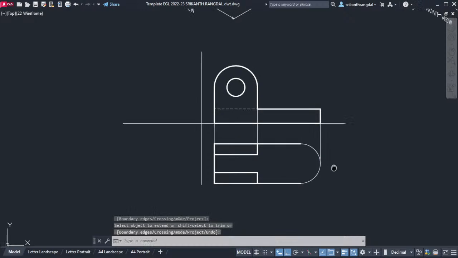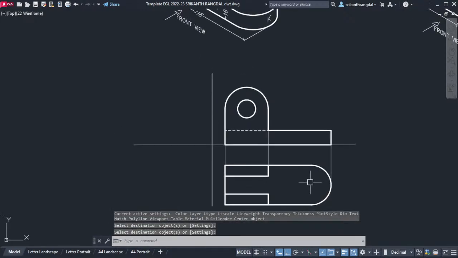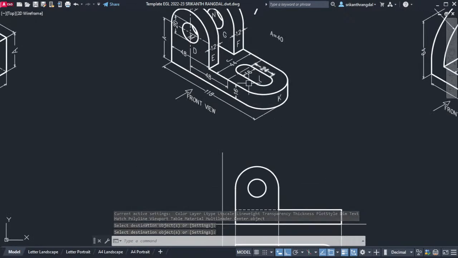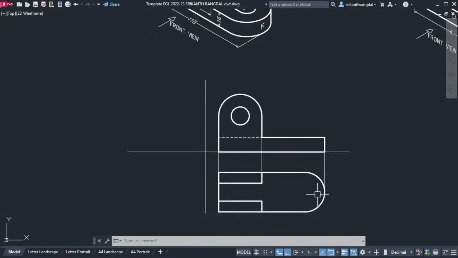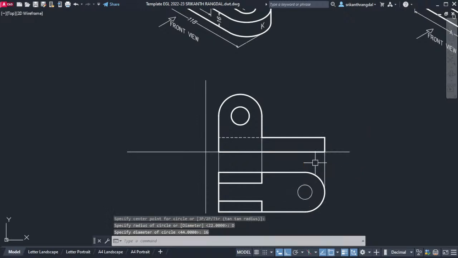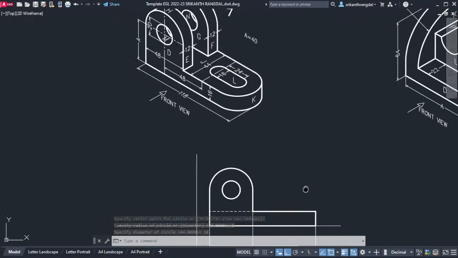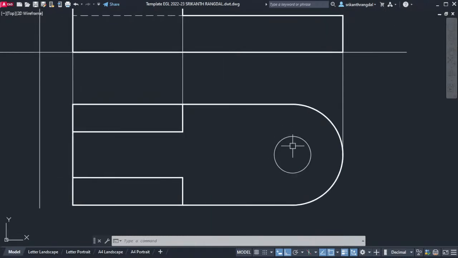Take this projector line to extend over here. This has to match the properties. Then we have this inner circle of diameter 16. So take circle, touch this once to get the center. From this center, take diameter and 16. That's the one. Then we need to take length of 24 from these points. So L enter, from this point take 24,